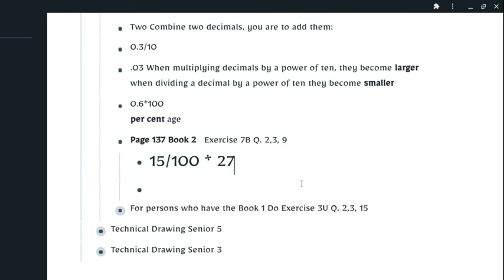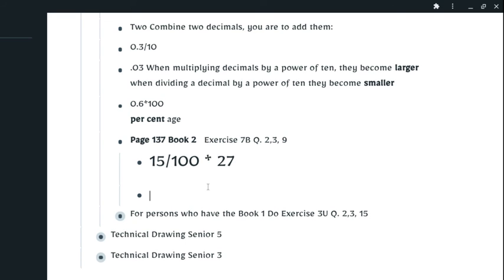So he's saying, what if you have 15% of 27? That 15% can simply be 15 divided by 100, and then you work it out. But what if you don't know how to work out this fraction as well? You can convert that fraction to a decimal, and then you work with just decimals. That's the beauty of percentages. You can either turn it to a fraction, and if you can't simplify it, you then turn it to a decimal. So in this case, this would have given us